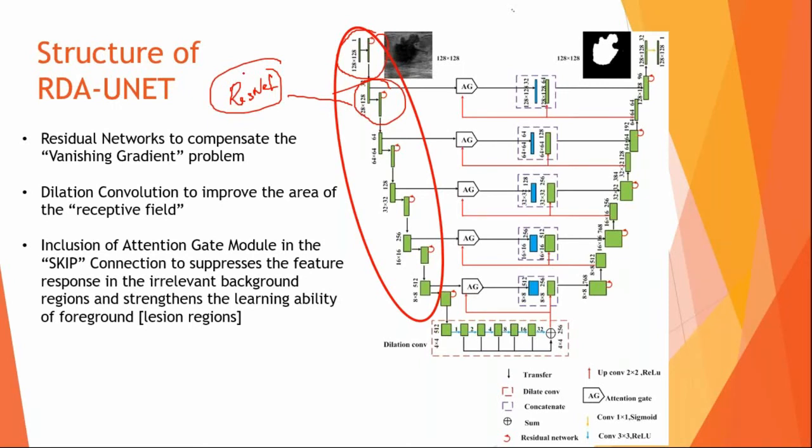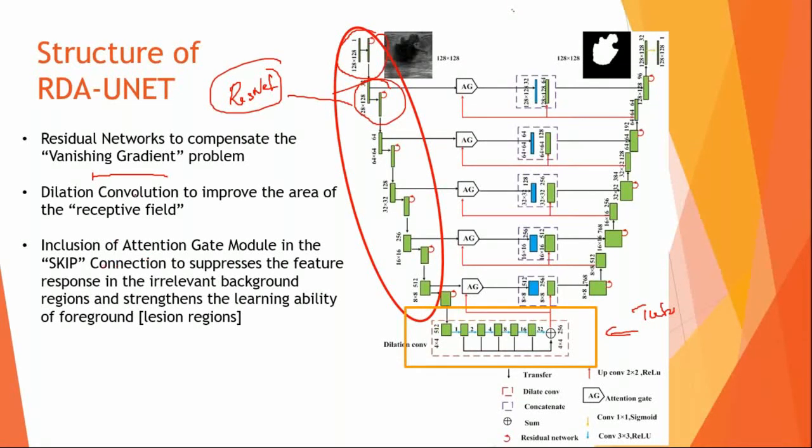The second concept we did is, I told you about this pipeline, a tube which connects the encoder and the decoder chain. We introduced a concept called dilation convolution. This dilation convolution improves the receptive field. Normally you might have seen convolutions where the kernel slides with a step size of 1. But we gave different step sizes so that we can see a bigger area of the image or the feature map, that is, a bigger receptive field.